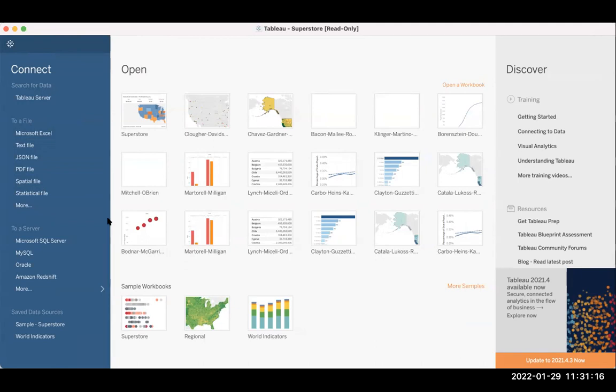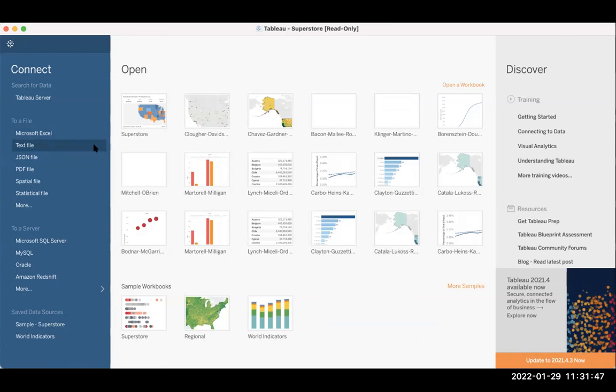Now, as you get more in depth with this, again, probably beyond the scope of this competition, you might want to connect to different types of data sets. The two that I want you to be aware of at the moment are Microsoft Excel and the text file. So the sample data set that we're using is actually going to be a text file. It's a CSV file. So if you look at the extension on it, it's CSV, which stands for comma separated